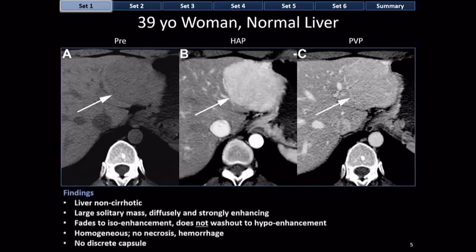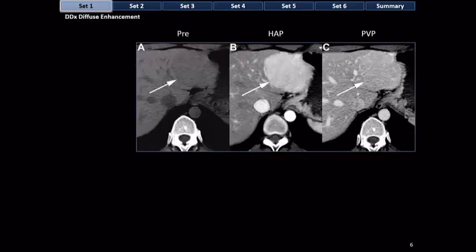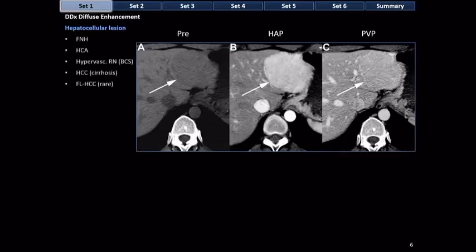What is the differential diagnosis for a lesion like this? Okay, so the differential diagnosis of diffuse enhancement in the arterial phase is as follows. Far and away, when you see diffuse hyperenhancement, you should think a hepatocellular lesion. And the hepatocellular lesions that you should think about are focal nodular hyperplasia, hepatocellular adenoma, in the setting of Budd-Chiari syndrome, a hypervascular regenerative nodule, in the setting of cirrhosis, HCC, and very rarely in the setting of non-cirrhosis, fibrolamellar